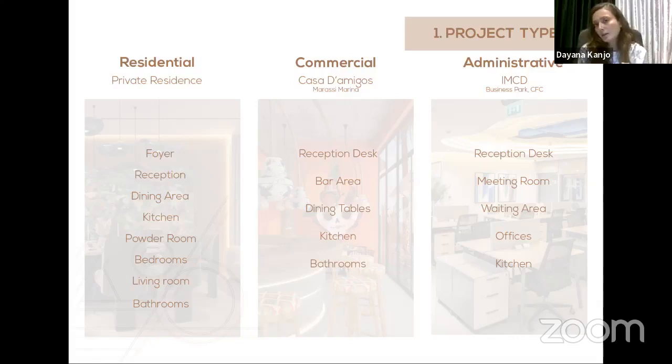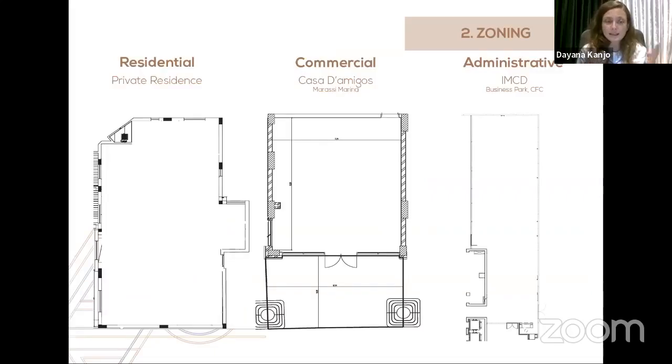We come to the administrative part, the office, whose requirements are completely different. It has work movement and practicalities. We're talking about a reception area to welcome the guests, meeting rooms, waiting areas, offices, a kitchen to prepare. So the sizes also differ. Now we listed out all of these. This gets translated into an empty space. We have the plans, they're completely clear, and you have the space to create this, the circulation or the layout